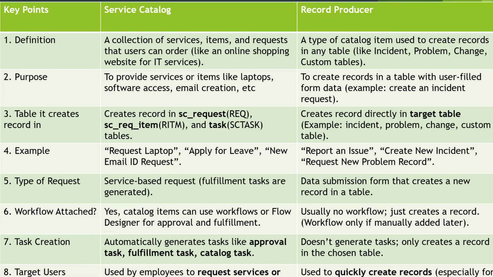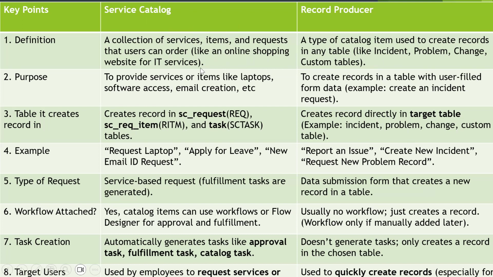It is not for service delivery, but for quick record creation. Record producer is for quick record creation, but service catalog is for service delivery. Service delivery means any product specification needed, or a software or hardware request. Record producer is not service delivery; it's for quick record creation. That's the main difference. Then purpose: